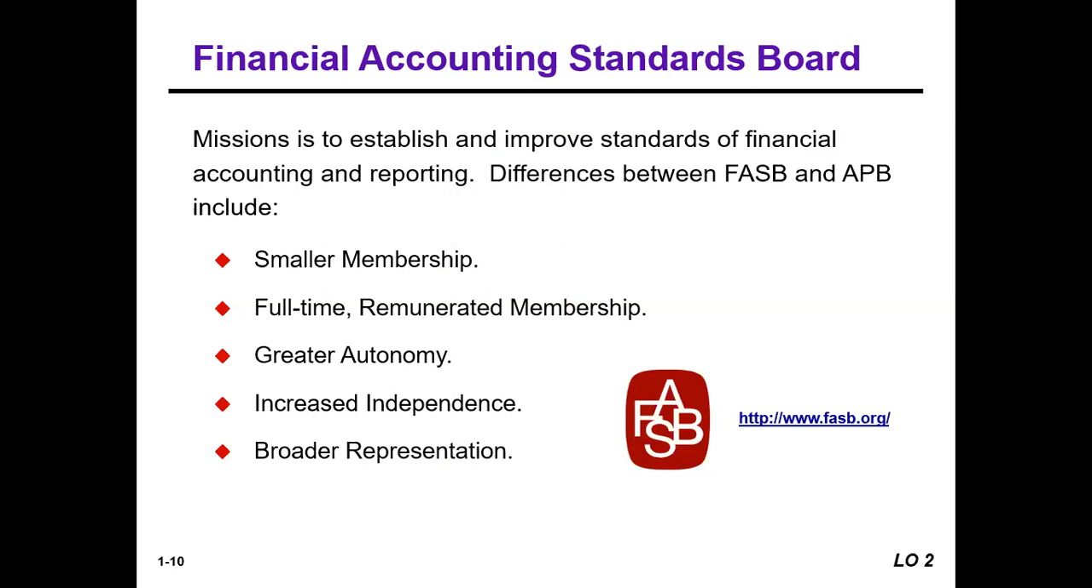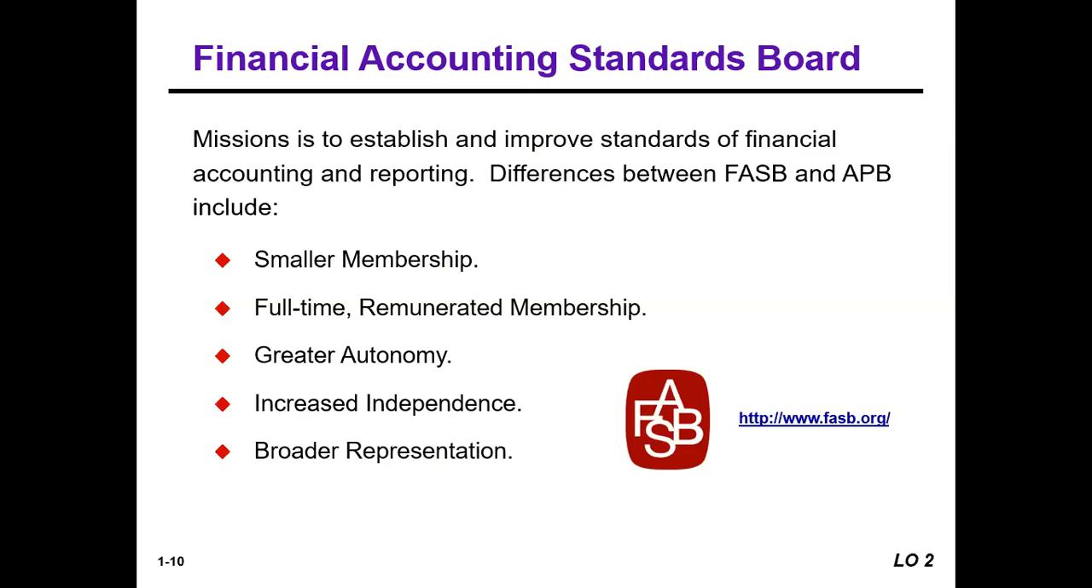They have greater autonomy and increased independence in the sense that, remember, the Accounting Principles Board was through the AICPA. So the Accounting Principles Board was essentially underneath the AICPA, whereas FASB, the Financial Accounting Standards Board, does not answer to the AICPA, for example. So they have that greater autonomy, right? Increased independence, again, in that same sense, and in the fact that